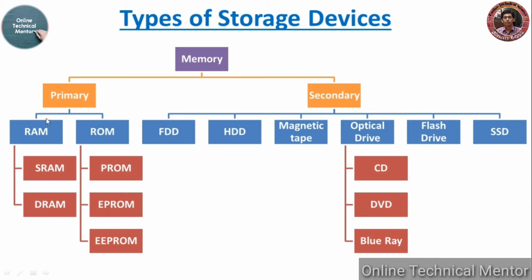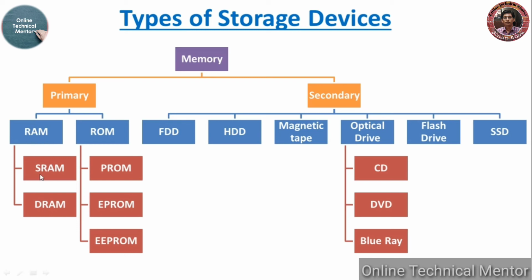So now the primary memory is again divided into two parts, RAM and ROM. RAM means random access memory and ROM means read-only memory. Now RAM is a read and write memory. That is, one can read from it and also can write something there. It is also called random access because the access time, that is the time taken to retrieve some information from RAM, is independent of the exact location of the entire RAM from where it is to be retrieved. That means in case of RAM, whatever be the location of the stored information in the entire storage, it will take the same amount of time to retrieve the stored information.